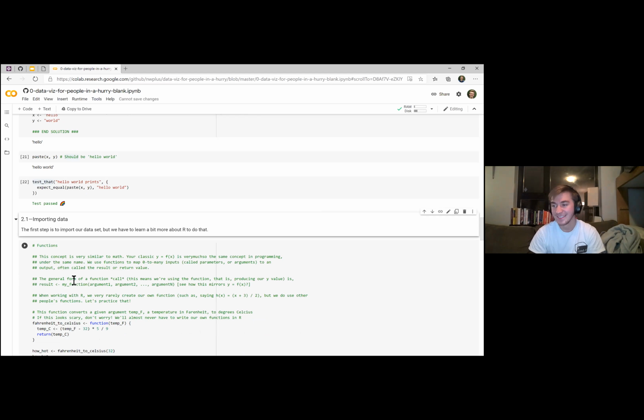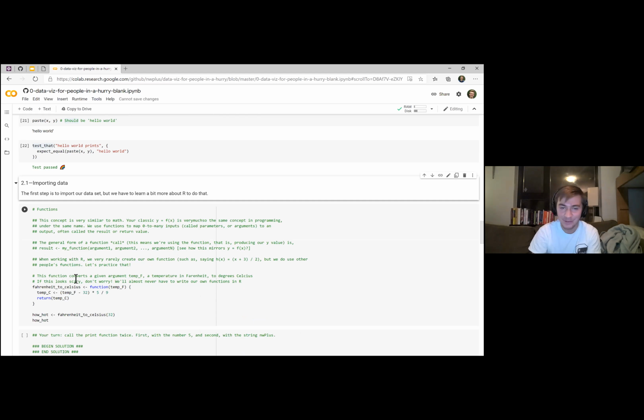So the next concept is still a little mathy. We're going to talk about functions, which I've alluded to before. It's very similar to y equals f of x. It's a very similar concept. We can map some sort of input and then get some sort of output value by doing some sort of computation. The general form of a function call, and what you'll see a lot in this workshop today, is